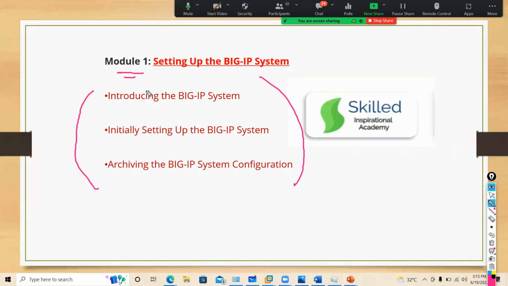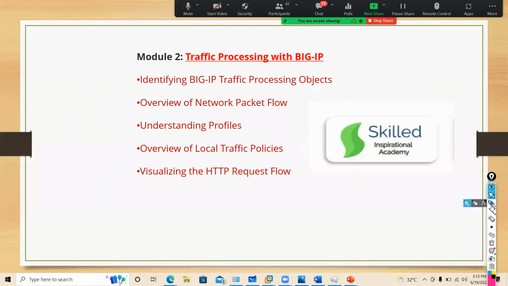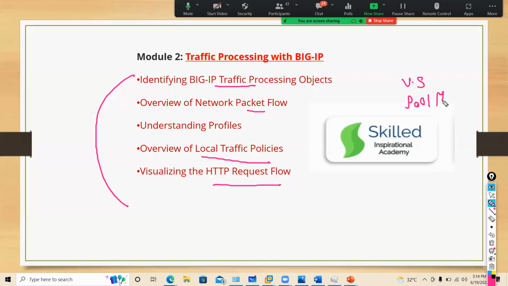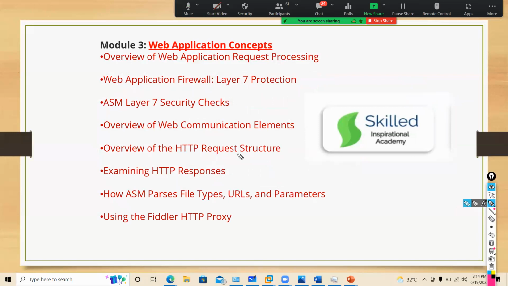So the first module is setting up F5. We will do the lab setup and all. After that, guys, we will talk about what is local traffic policy, what is HTTP, what is a virtual server, what is a pool member. All these things will be discussed in module 2. This is very important.